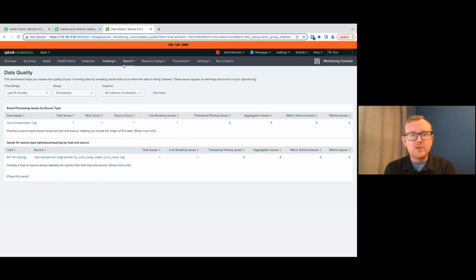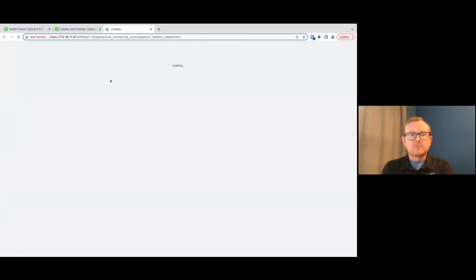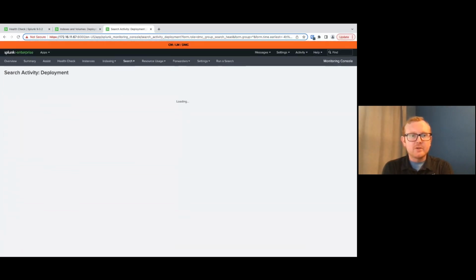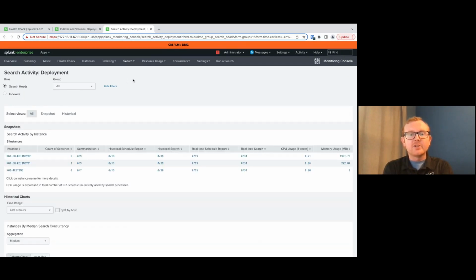So next, we will hop on over to the search dropdown. We will click on activity, and we'll click on search activity deployment. Appropriately named, the search dropdown is going to be all about the searches that are run on your environment. So this one is going to be showing you information about the types of searches that are running within your